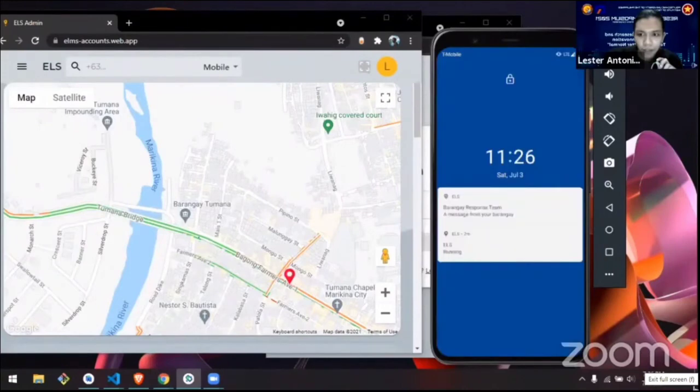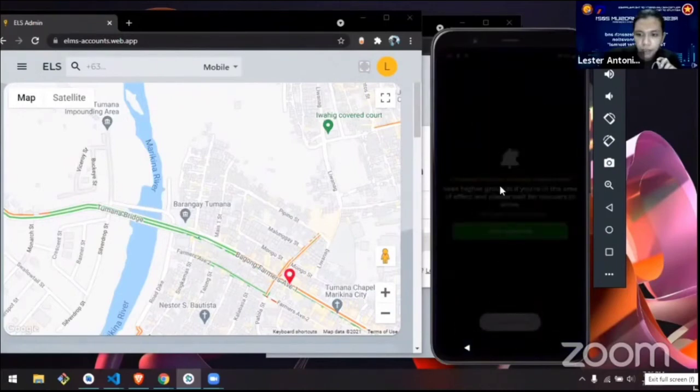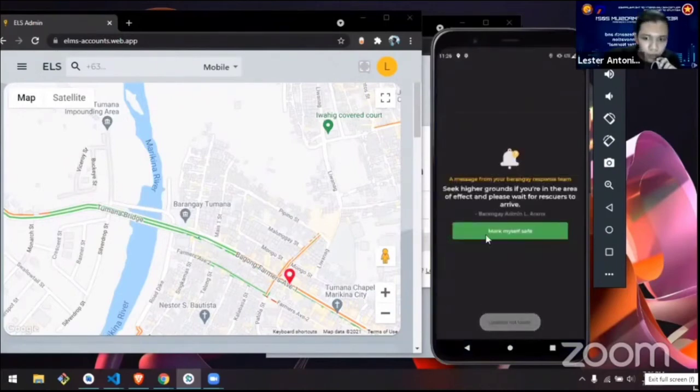I think we have issues here. Okay, so it is locked. That's why we don't get the notification, but if it's not locked, we will see the reply of the admin in real time.